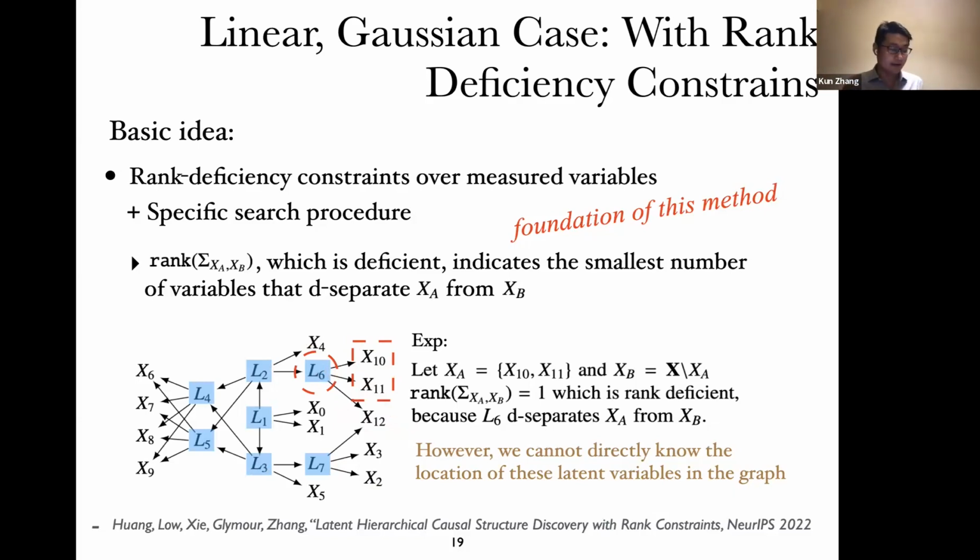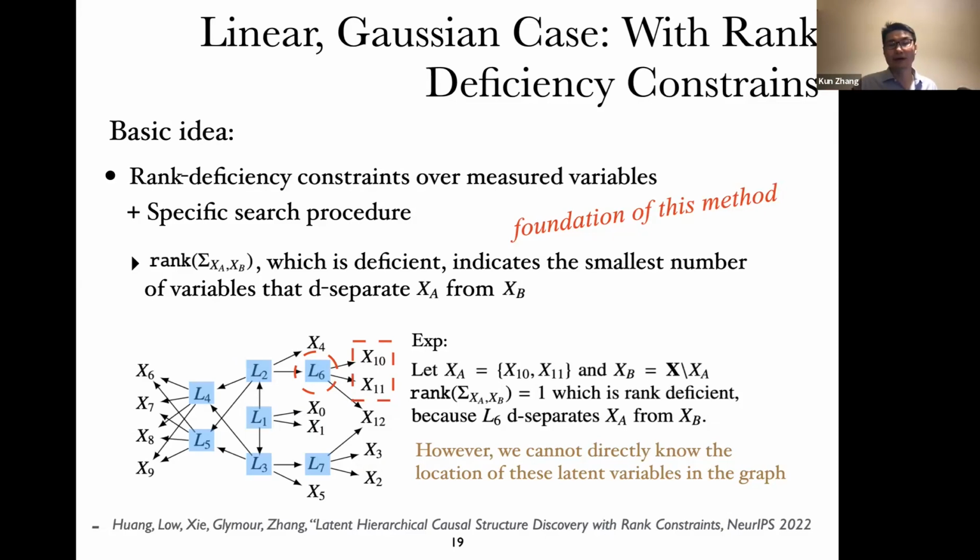And this indicates that there should be a latent variable right here. So this is the rank deficiency. The cross-covariance matrix is rank deficient, and this indicates something. Right, it indicates that there's a bottleneck representation right there. And with this idea and some kind of tricky search procedure, we can recover the whole graph up to the equivalence class right here. Here we assume that measured variables are generated from latent variables, but you can go further. You can allow any of those variables to be latent or observed. So the structure could be completely flexible. Of course, the hierarchical structure is a special case.